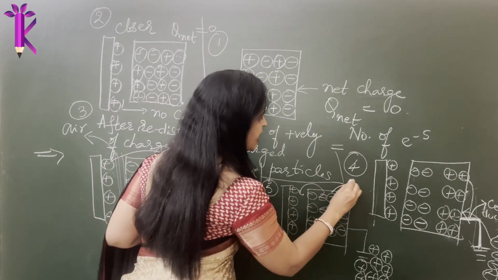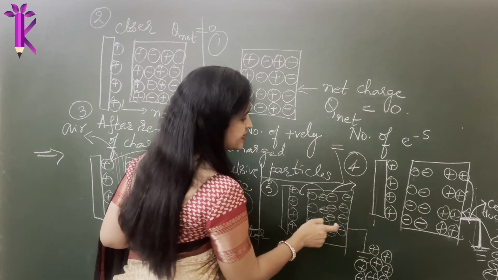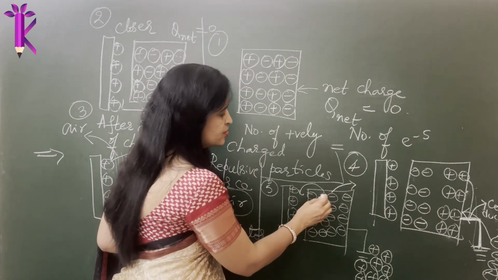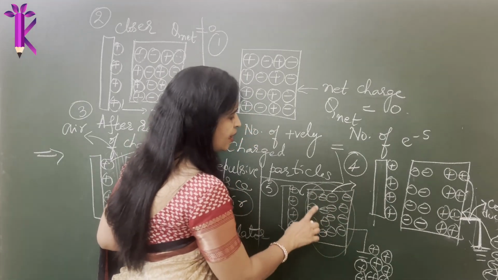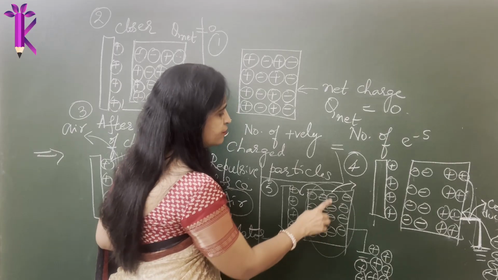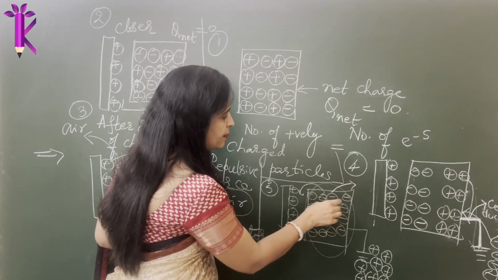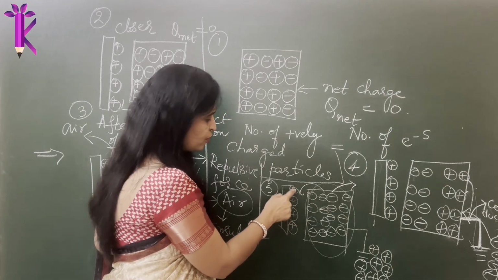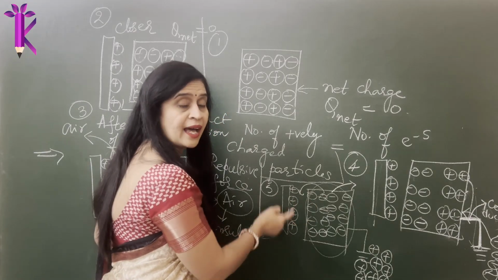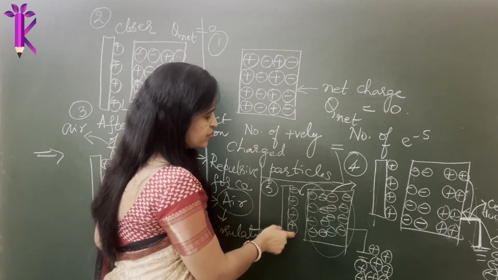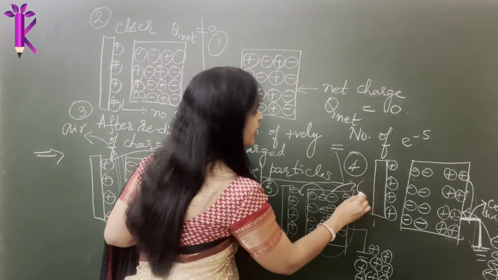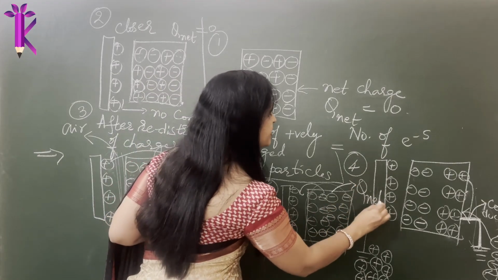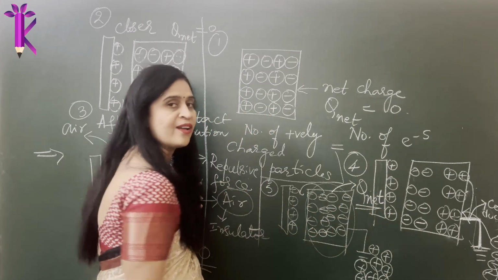So what is the net charge on the system? We say there is certainly a net charge on the system because none of them cancel each other. They all add up because all of them are, although they want to repel each other, they are like charges, but still they experience an attractive force because there is another metal carrying a positively charged particle. So now you have achieved some net charge on the system.